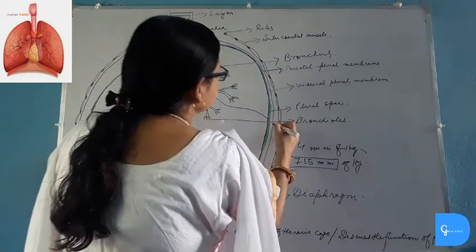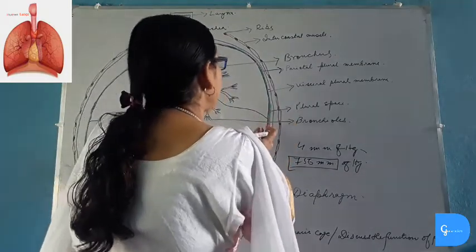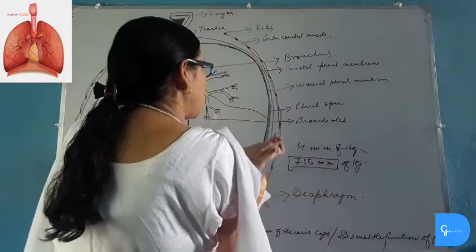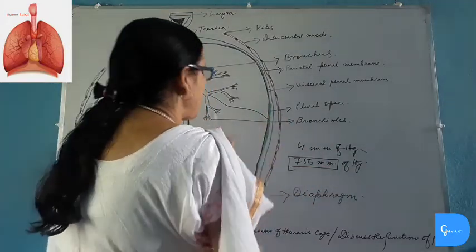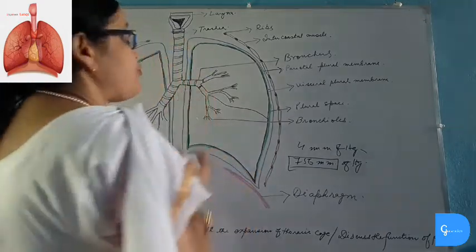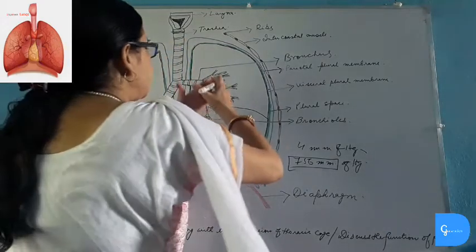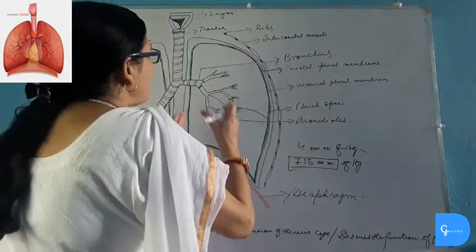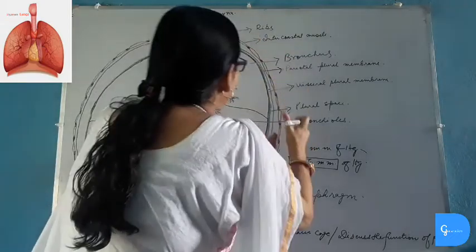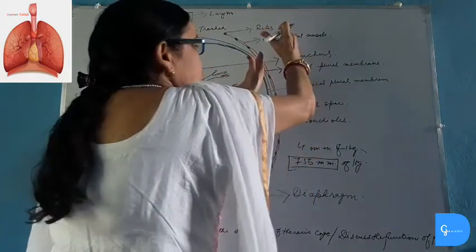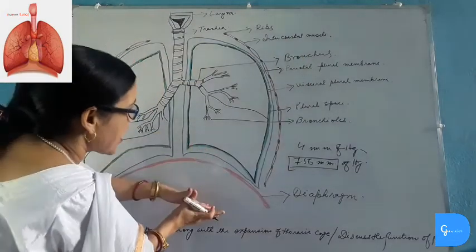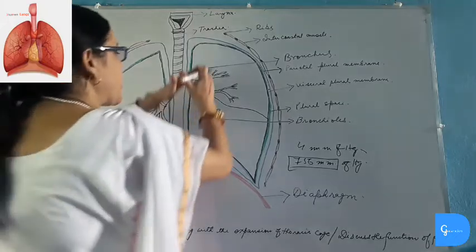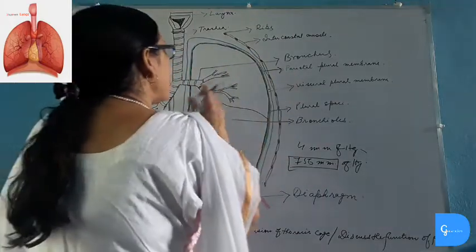Now, if we consider the visceral pleural membrane, it also remains stuck with the parietal pleural membrane. So this visceral pleural membrane also moves with the parietal pleural membrane, and thus we can see that when we inhale, the chest wall expands by moving up and out. Along with the movement of the chest wall, the pleural membrane also moves up and outward along with the chest wall as well as downward along with the diaphragm, because it is also fixed with the surface of the diaphragm. So we can see that the lungs are expanding in all directions.